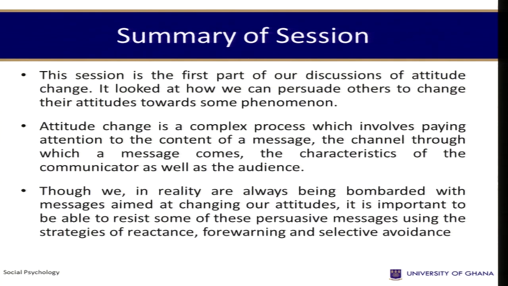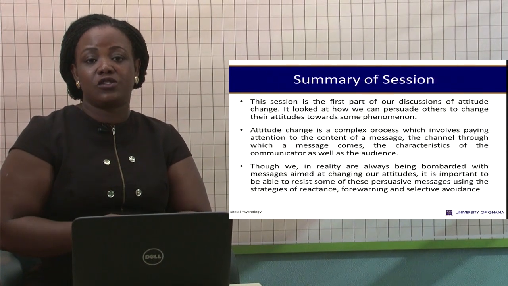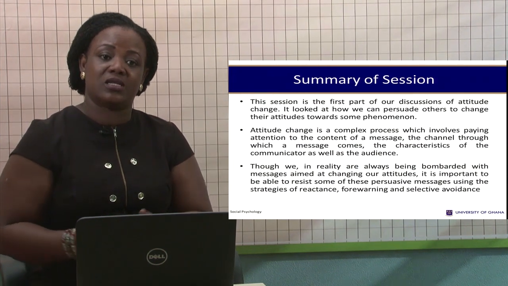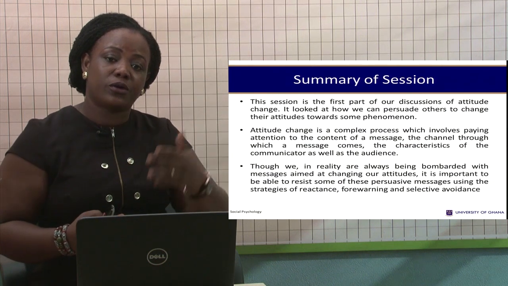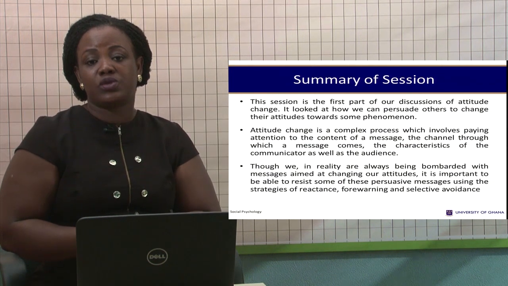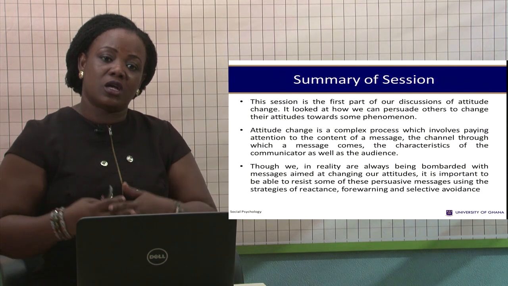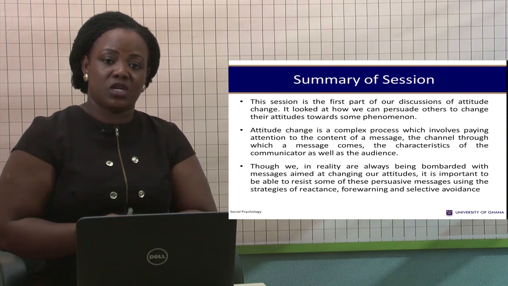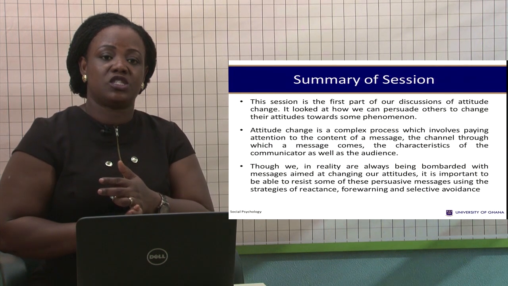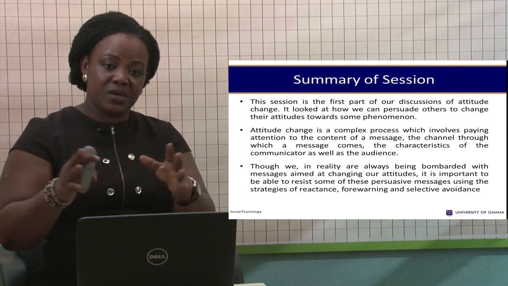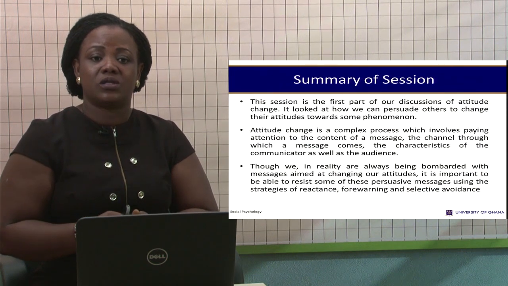So what have we sought to do in this session? We have explained the fact that attitudes change and in fact need to change as times change. And there are several processes. One of the ways to get people to change their attitudes is to use persuasion. Persuasion is getting several sources of information directed at somebody to get them to change. And in the process, you need to consider the communicator of the message itself, the means or the channel through which the message comes, and the target audience.